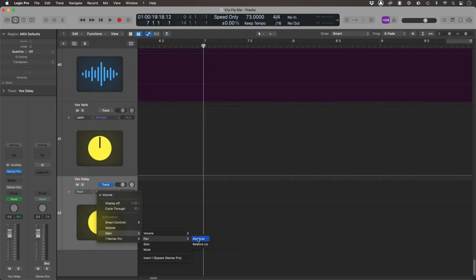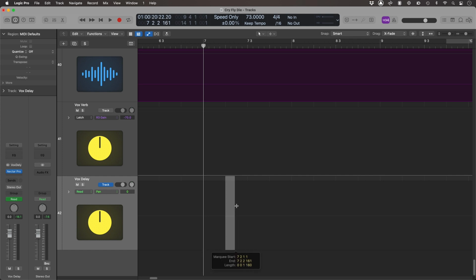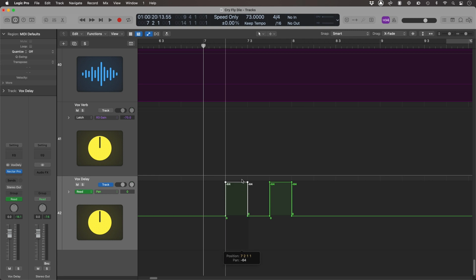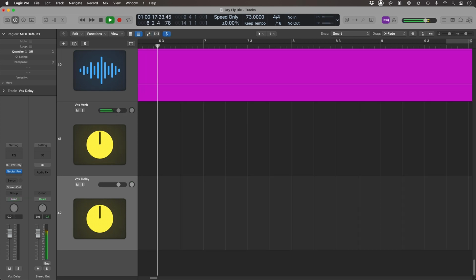Let's take that delay throw that we just created and pan alternate repeats hard left and right. Doing this is going to create even more space in your mix and add that extra layer of ear candy for your listeners. Now, if you're not already, you're going to want to grab some headphones or sit in front of some speakers to hear the full effect of this technique. Let's hear it first with the centrally panned delay, and then we'll hear it far left and right.